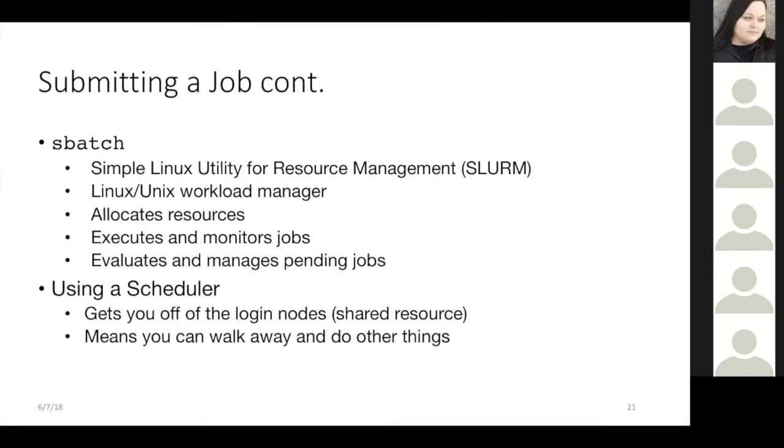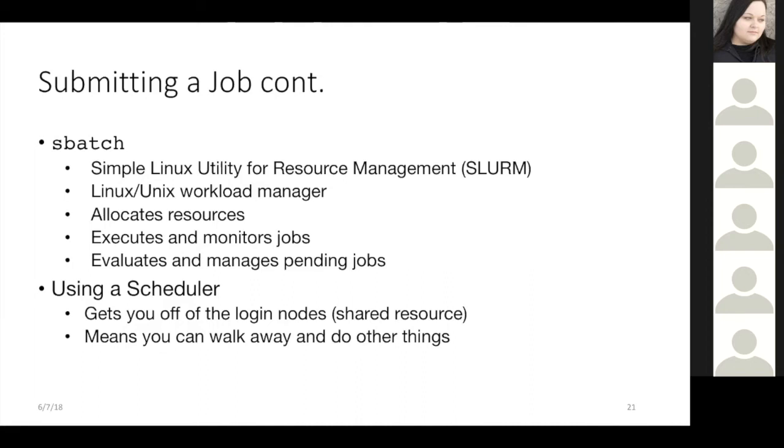It also evaluates and manages the pending jobs. So Slurm can take a look at what's running in the queue, what's coming up next, and what's requiring the fewest resources, and backfill any gaps so that we get the most usage out of the system as possible at any given time. When I walked by the monitor earlier today, Stampede2 was sitting at 95% utilization. So that gives you an idea of how efficient Slurm is at filling up any gaps in the system as new jobs come up and old jobs start leaving the system.